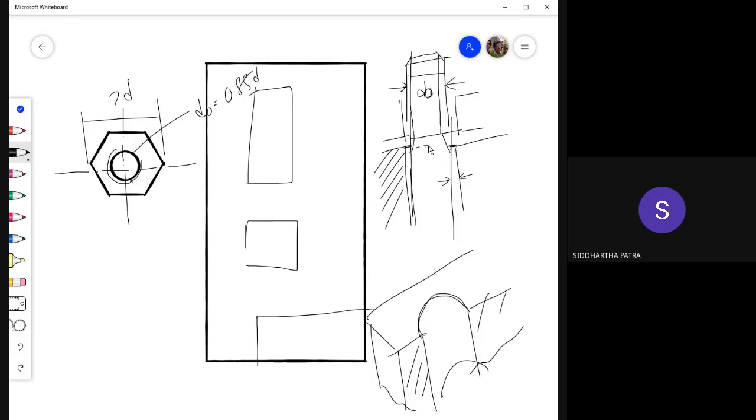Obviously, you don't draw the hidden line through the bolt, because the bolt is a tiny component. Similarly, this cylindrical hole has a slightly higher diameter than D. Let's say if it is an M16 bolt, then that D is 16, which would exactly match with this 3/4 circle.